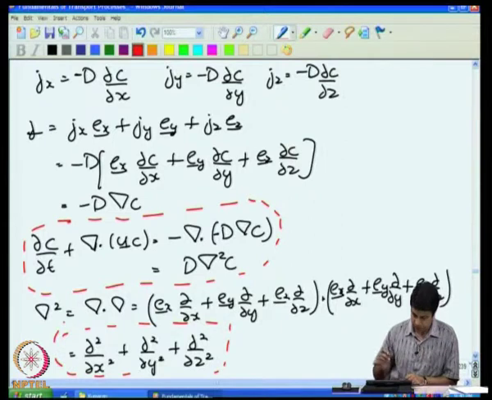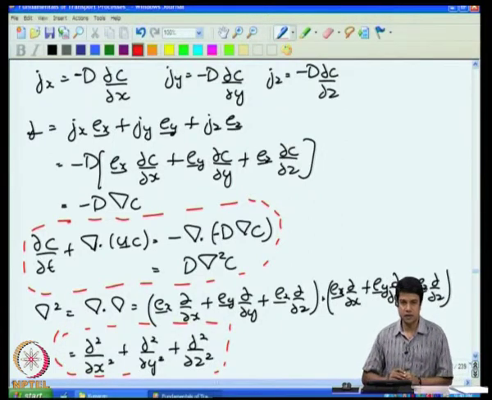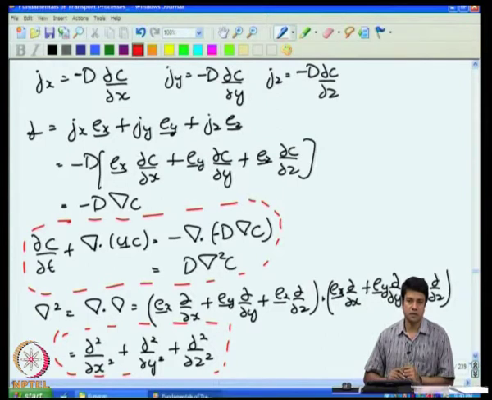This was done by doing a shell balance in a Cartesian coordinate system, where the surfaces of the differential volume that we consider are surfaces of constant coordinate,